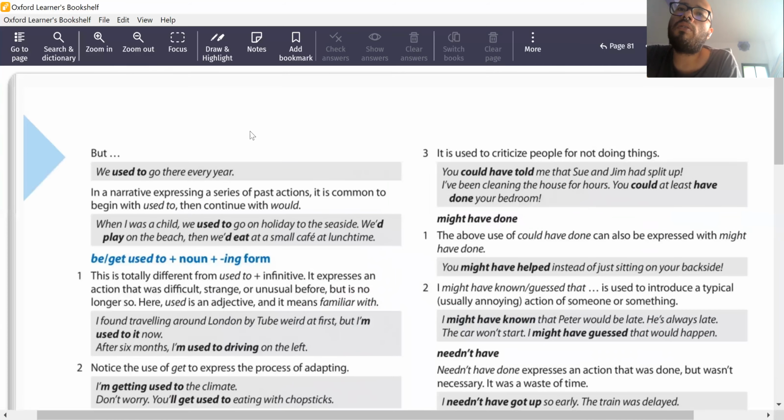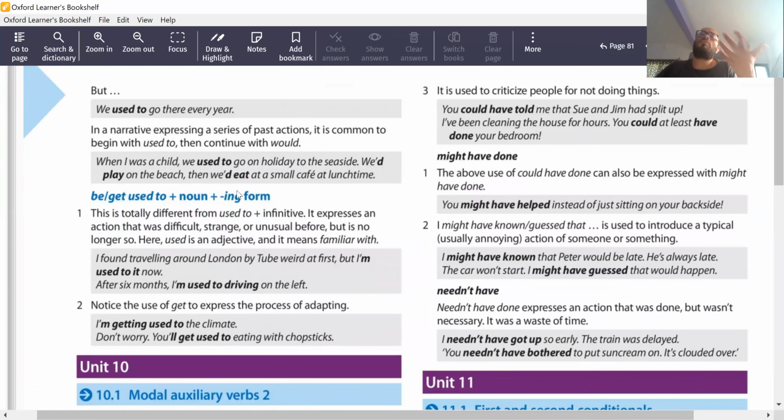Then we have be and get used to. I have explained lots of times. No, if I am saying be used to, it is like something that is really common for us. No, we're used to seeing the teacher in front of our computer because we don't see face to face. We are used to seeing. After be used to or get used to, the verb must be in ing form all the time. That means I am accustomed to. Another way to say I am accustomed to. Yeah.